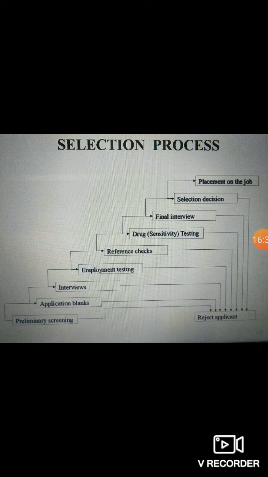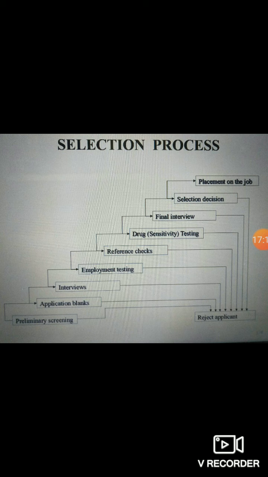So to avoid such dangers, we always keep 10, 20 to 30% of applications at the final selection decision as waiting listed. So if after offering the job someone doesn't join, this waiting listed candidate can be informed that he is offered the job so that he joins. That's how we are finally deciding whom to select and how to place them. This is how the process of selection goes in an organization in general.